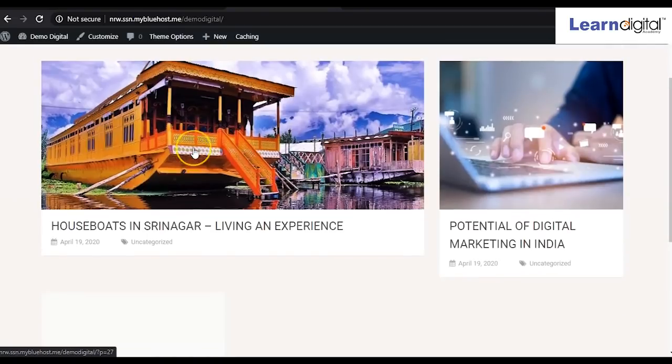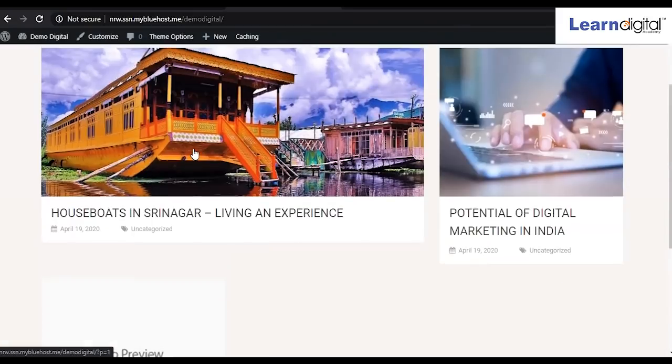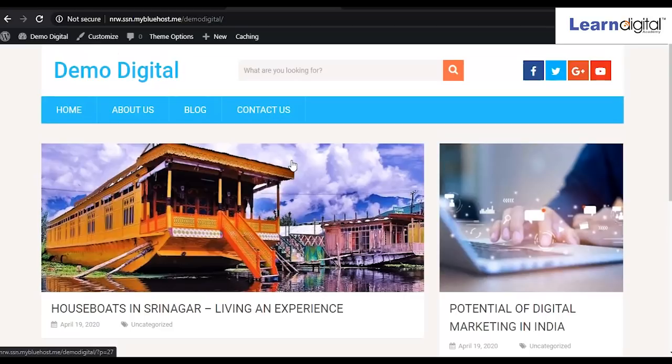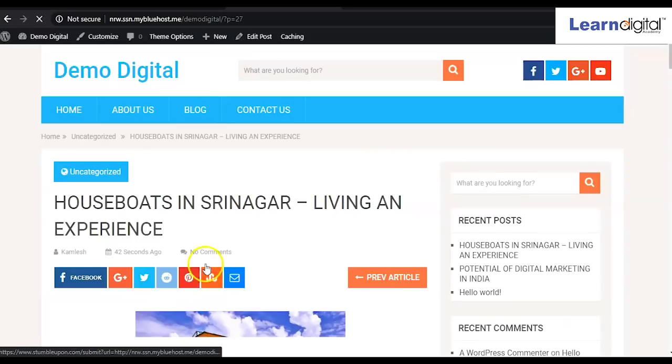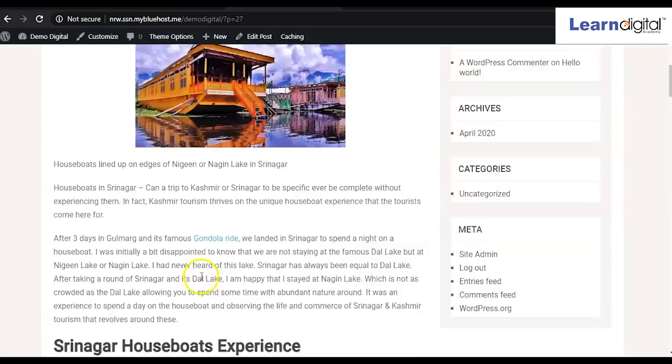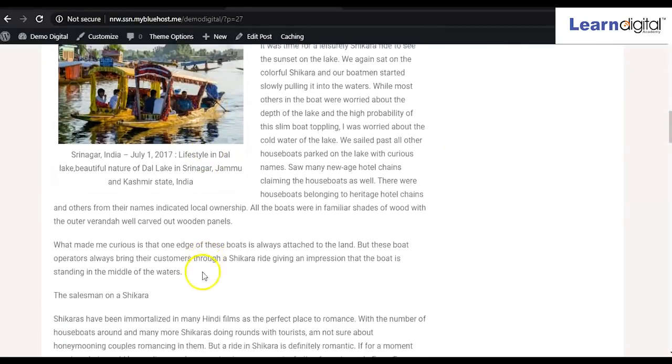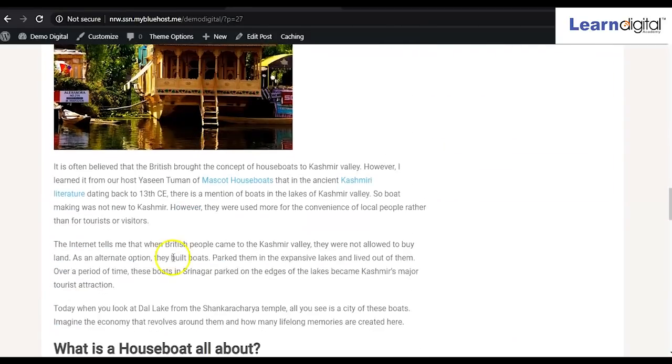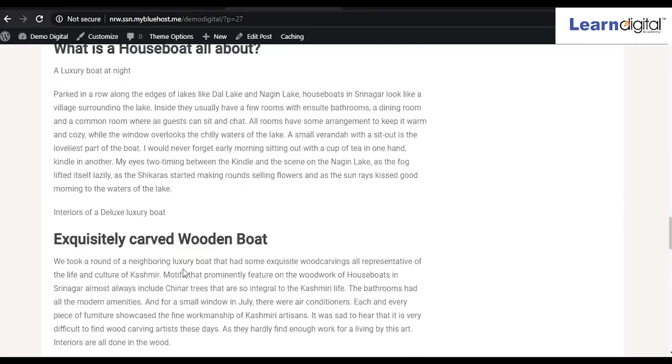Now you can go to your front site and you can check the post, right? So now here it is coming like this way. If you create more posts, they will come like that. When you want to read this one, you can click on this, and now you see you can read the contents inside this. This is the blog, right? So like this one, it will be coming in your website.